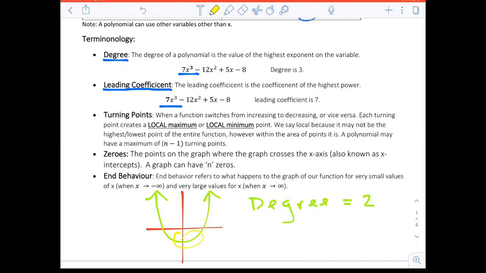Other things that'll be important to us in terms of terminology, we have our zeros. Let me take these off. So zeros are the same as it was back in grade 10 and grade 11. Zeros are the points where the graph crosses the x-axis, the x-intercepts. A graph can have up to the same number of zeros as its degree, n. So a quadratic has degree of 2. It sometimes could have up to 2